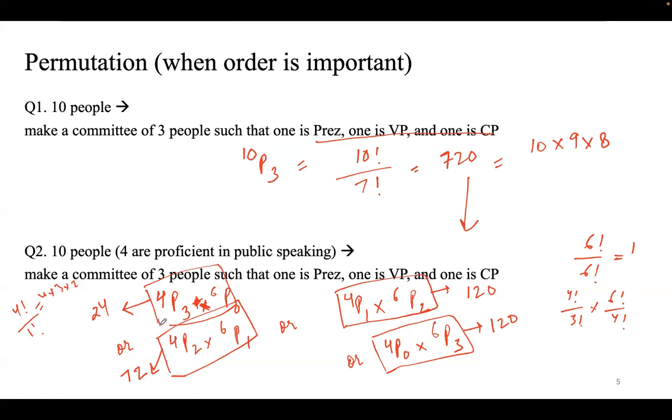Okay. So now when we are saying 4P3, right? So these 3 people, 1 president, 1 vice president, and 1 chairperson. That's okay. Here also, all 3 of them, president, vice president, chairperson. That's fine. But now when we are saying 2 and 1, is this one separate president? Is this one vice president? Or is this one chairperson? So there are 3 ways of making this distribution, 1 versus 2.